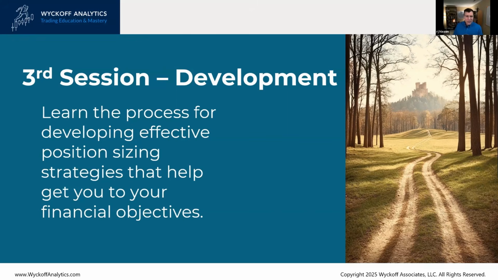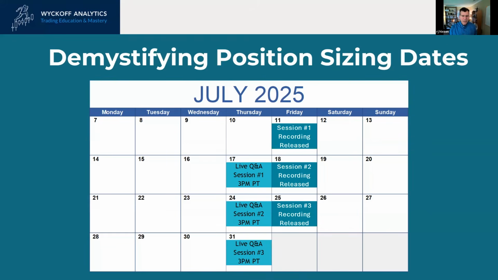All right, let's talk a little bit about logistics. The course is going to happen in July. It starts on July 11th with the release of the first recorded session and finishes on the 31st with the final live Q&A session. The idea is that you can watch the recorded session, study that for a week, see if you have any questions, and if you do, either attend the live Q&A session, or if you're not able to do that, send in your question and we can address it on the live Q&A. The live Q&A sessions will be recorded, so you'll be able to watch those later. Each of those happens on a Thursday afternoon, 3 p.m.